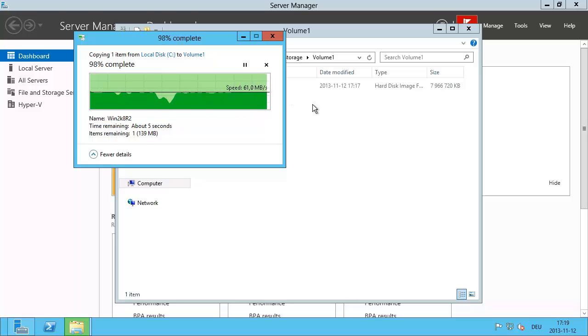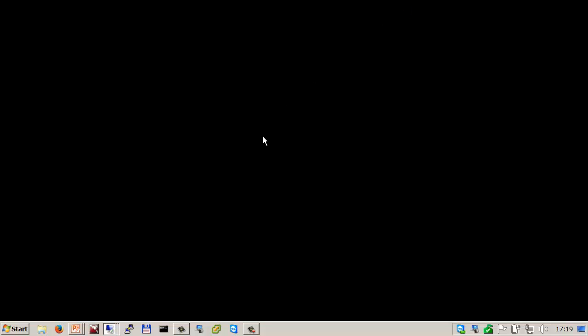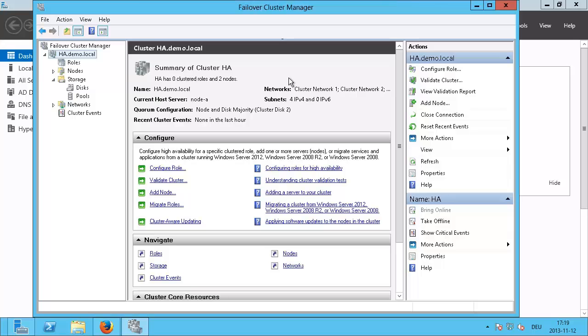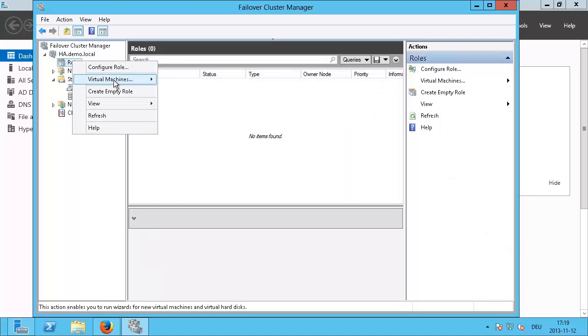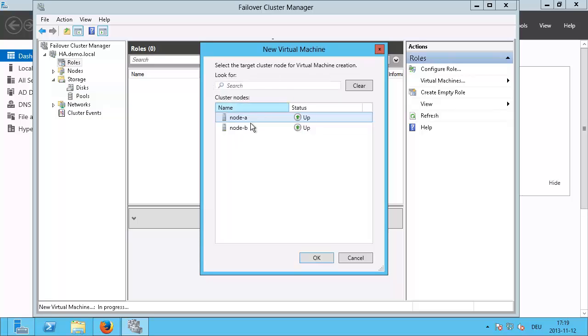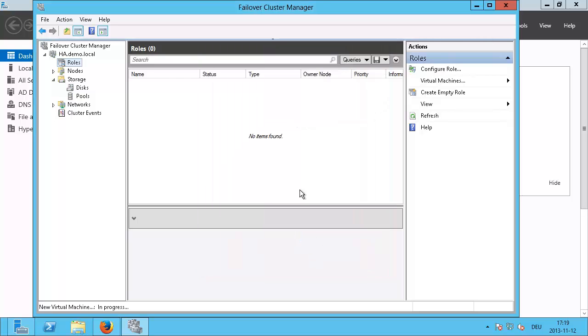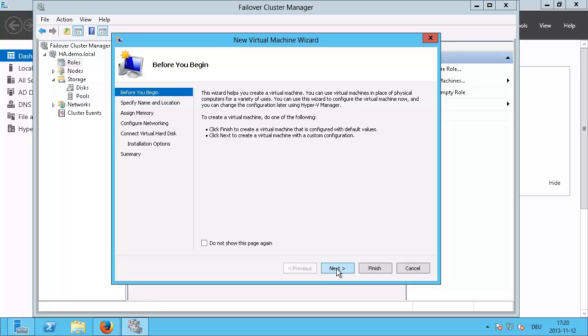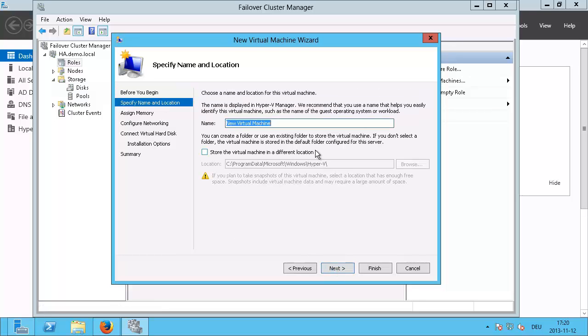So when I go to my management, here I can right-click and say virtual machine, new virtual machine. Okay, so I'm going to create a virtual machine. It doesn't matter on which node it will be initially started. So click on OK, and then the virtual machine wizard comes up. Okay, so we click on next, and then we need to put the name of our virtual machine. Let's say I will put VM demo